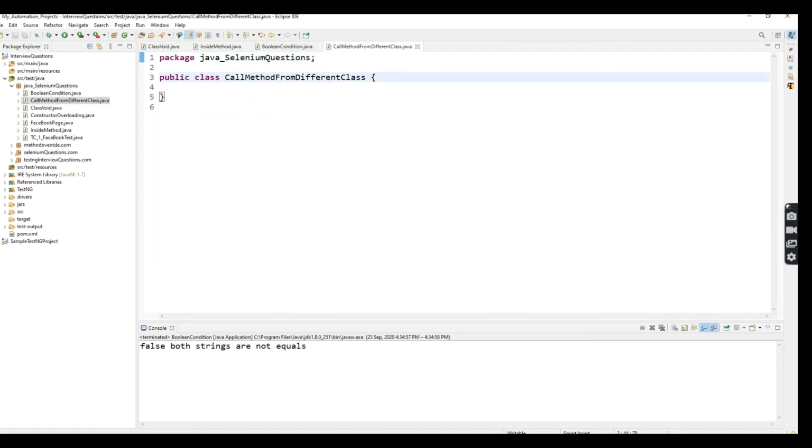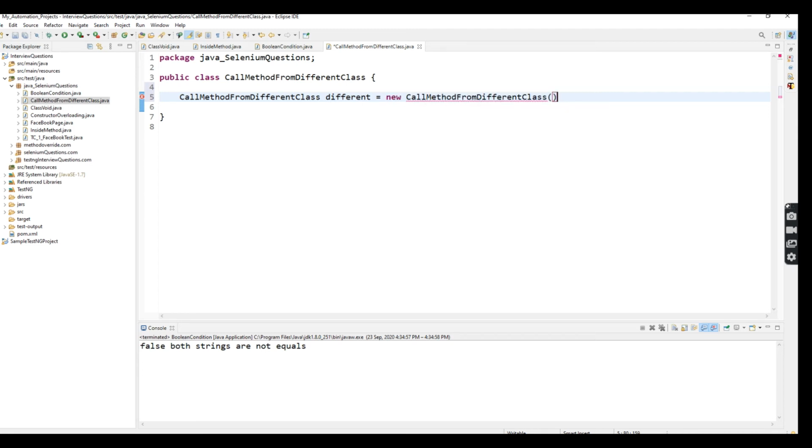So here I created one class file successfully. Now I'm going to create a reference for this class name. Call method different class. Just create a reference, new call method different class.